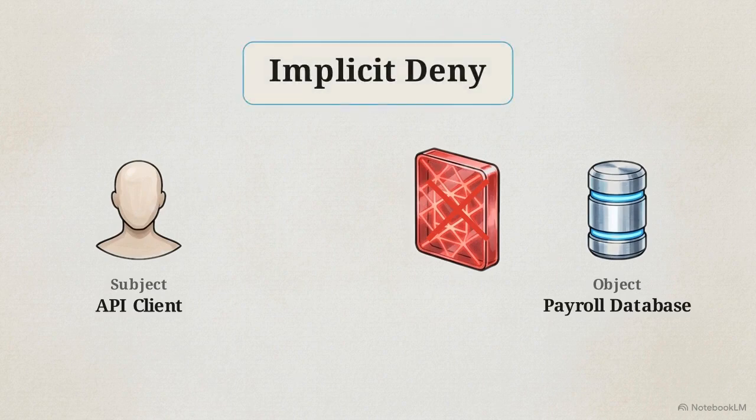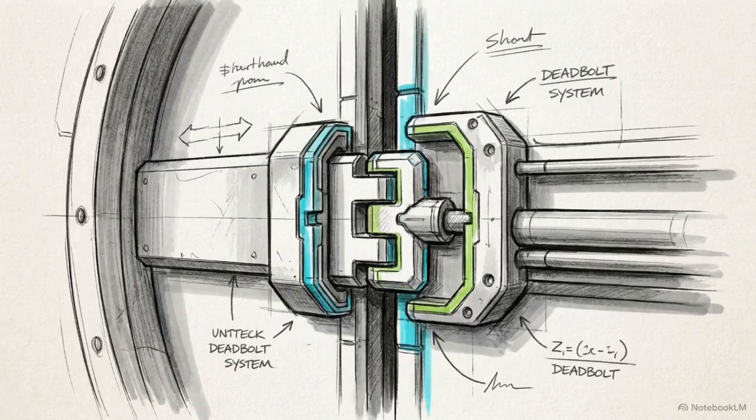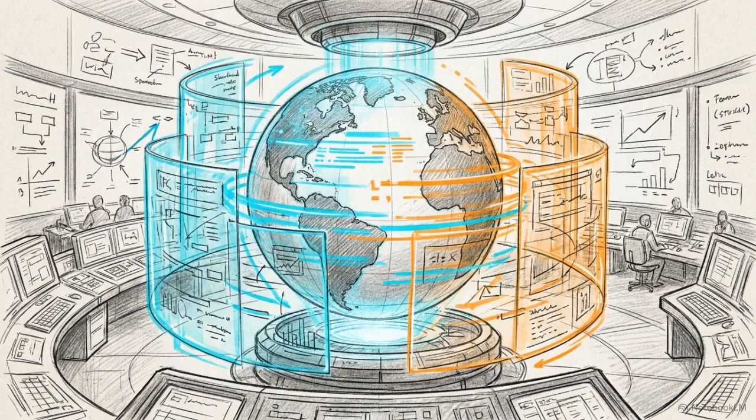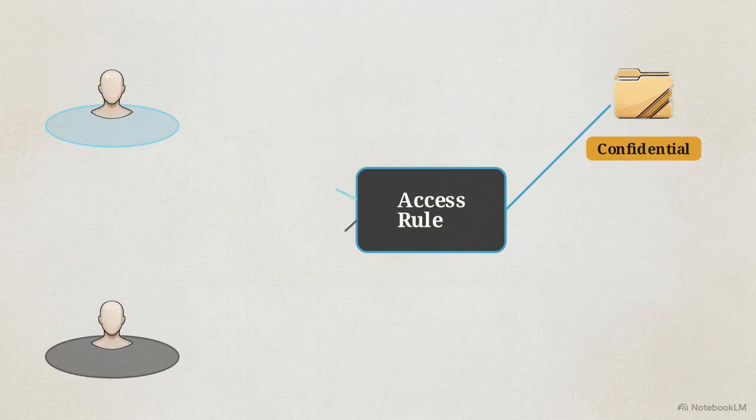This is the principle of implicit deny. You never want a system to allow an action simply because a rule prohibiting it happens to be missing or unclear. The default state of any secure environment is closed. Access must be intentionally granted, never accidentally inherited. Access control is a dynamic risk management mechanism. It takes static data classifications and turns them into active, enforceable rules, ensuring the right identity gets the right access